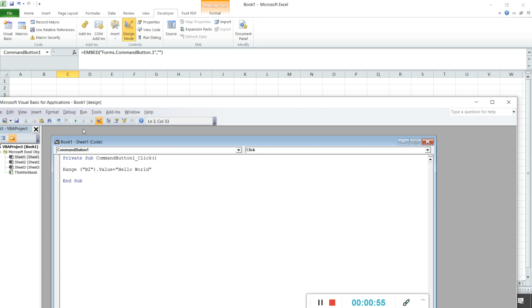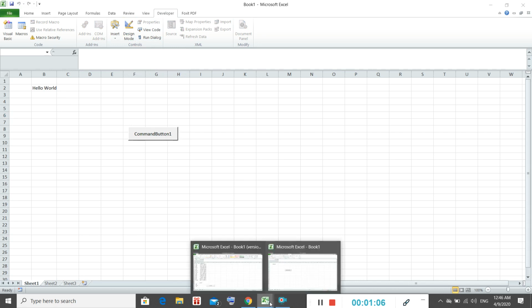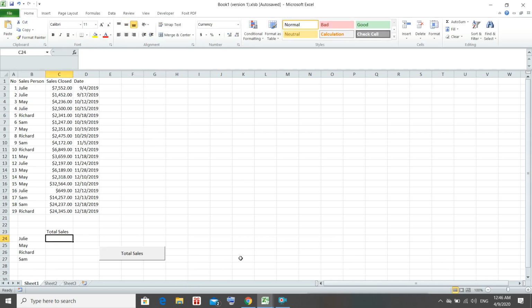Once ready, you can just close the console and remember to deselect design mode for the button to be executable, and voila, you have hello world. Remember when I say range is a representation of a cell, therefore you can play around with the coding. For example, for this scenario,